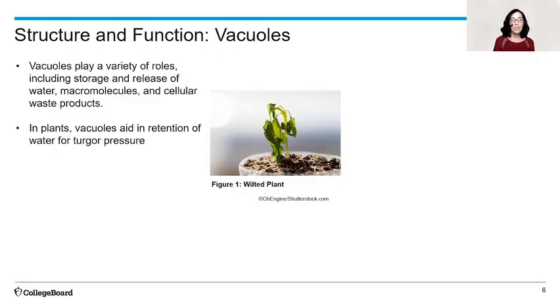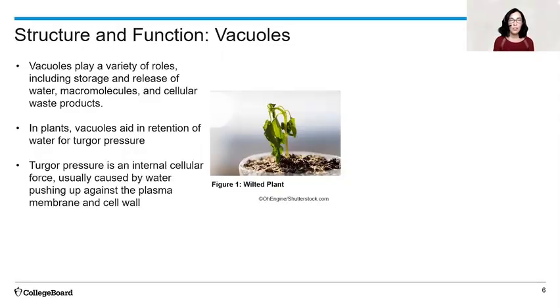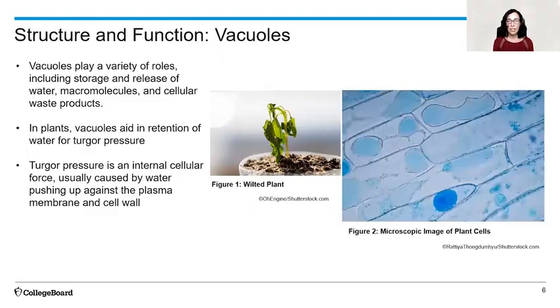Well, in plants, vacuoles aid in retention of water for turgor pressure. And turgor pressure is an internal cellular force that's usually caused by water pushing up against the plasma membrane and the cell wall. So if we look at a microscopic image of plant cells, here we have, let's say, cell A. You can see the membrane of the vacuole, and notice it's not pushing up against its plasma membrane and